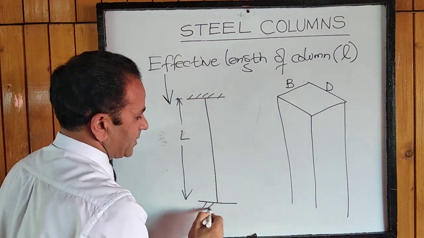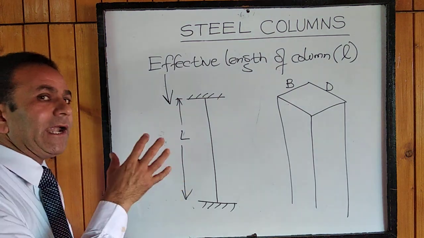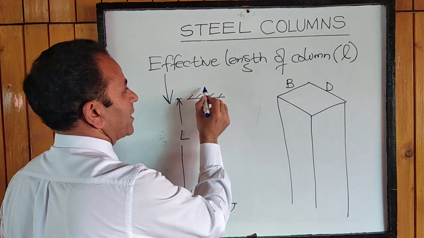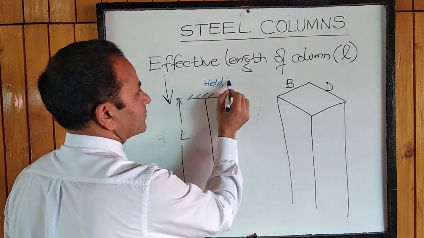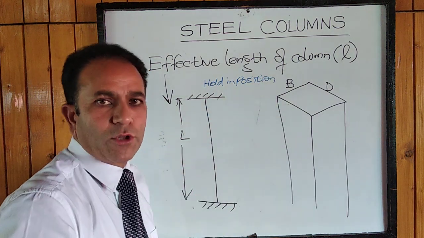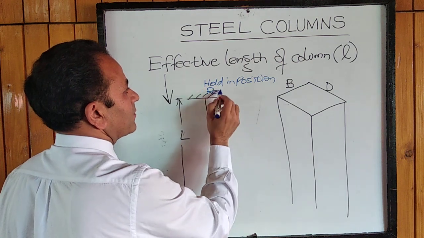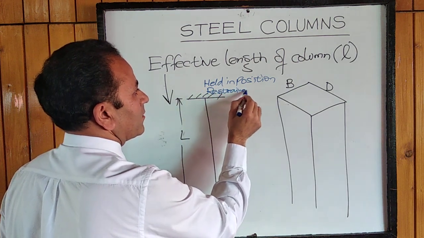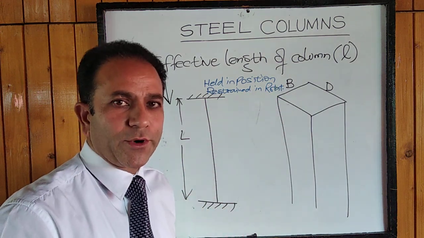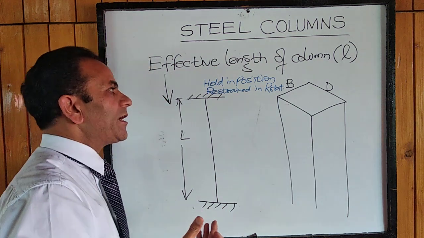Ends are restrained. There are certain end conditions. The effective length between the zero bending moment points will depend upon the end conditions. These end conditions may be that the ends are held in position, or they may not be held in position. They may be restrained in rotation, or they may not be restrained in rotation. So we'll have to see whether the ends are held in position or not, and whether they are restrained in rotation